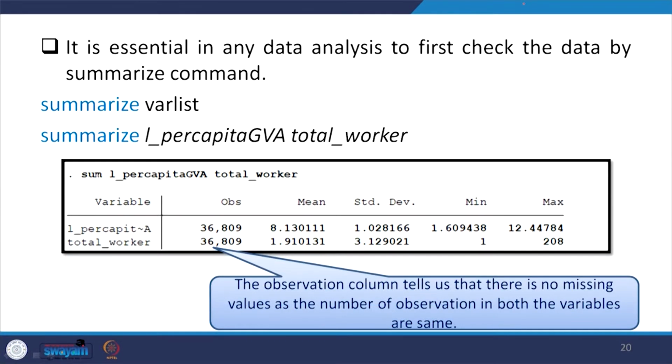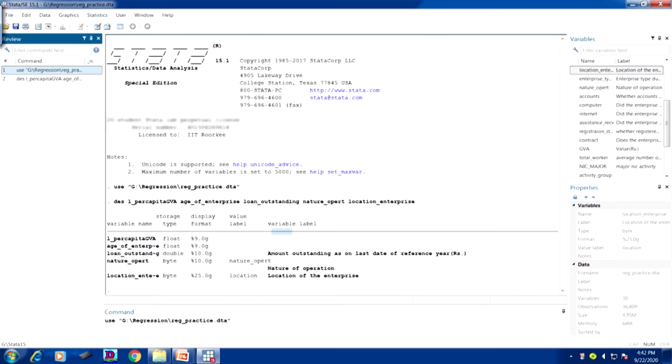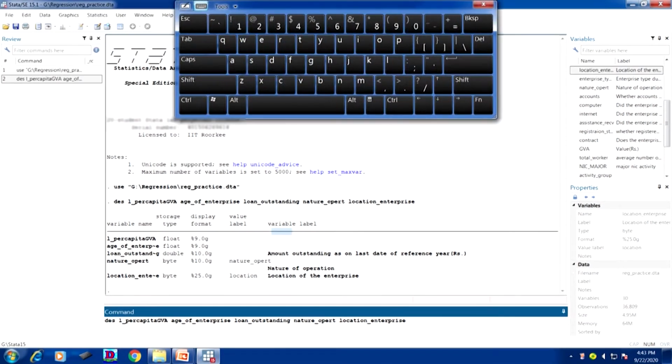Okay. Now, it is essential in any data analysis to first check the data with the summarize command. Just describe is not going to give all the information. Likewise, with the same variable, instead of describe I will use summarize. Okay.